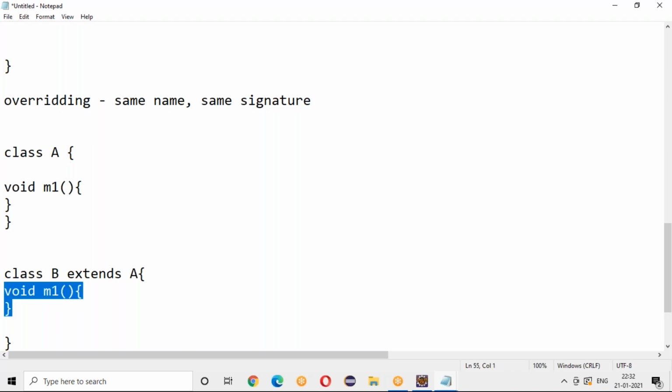So this is your overriding in child and parent. So why do you need this overriding? For example, as I told you, your child is going to get all the properties of your parent, your m1 method, right? But in some scenarios you do not want the parent logic to be executed; you want the child logic to be executed. Then you do overriding. You got it?